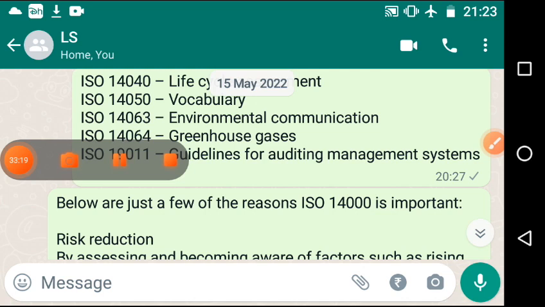So that's all for today's lecture. Okay, I hope you have understood what I have said. Go for this part, what is the importance of ISO 14000. It's the same thing that has been mentioned here. It is very easy, it has been said, and I hope you will be able to understand it.